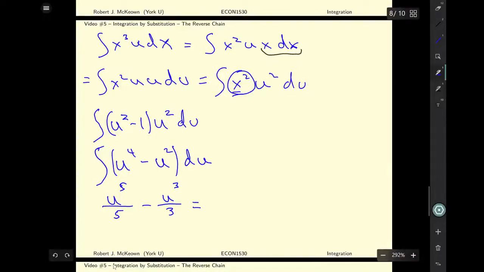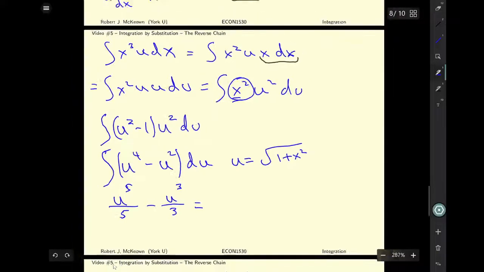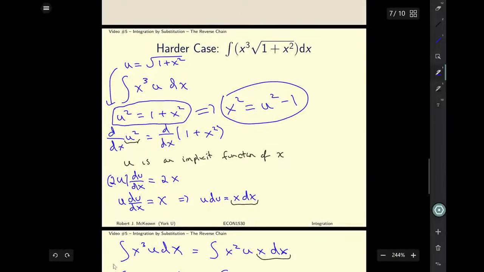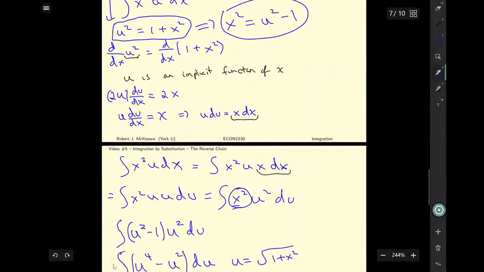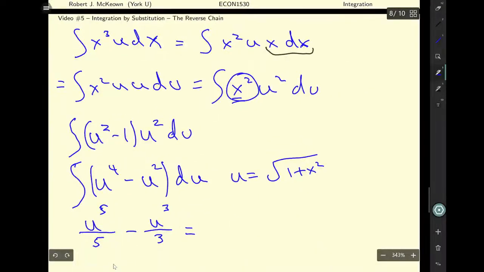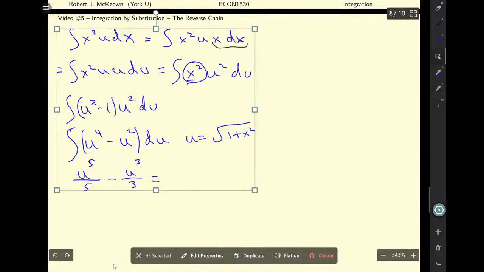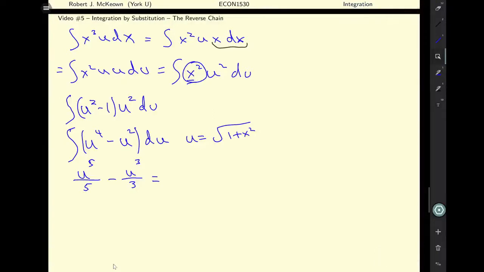What happens if I replace the u's? Remember that u is equal to the square root of 1 plus x squared. All right, let's just double check that. Yep, square root of 1 plus x squared. Looks good. So now I'm ready to sub this back in. I'm going to highlight all this stuff and make it a little bit smaller so I can have some more room to work. And subbing in the u's, I'm going to have